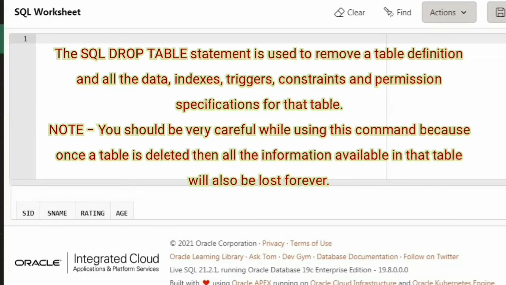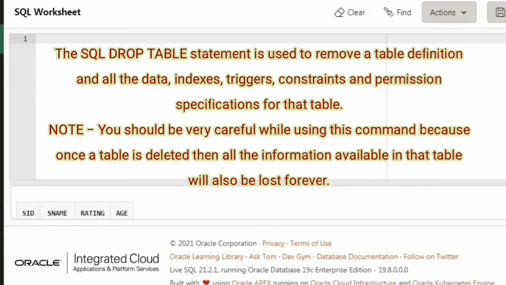The next one is drop command. Drop command is used to drop the table itself. Not only the contents, the entire table will be lost over here. The object will be removed from the database. So if you want to insert something into the table after the drop command, you have to recreate the table itself.